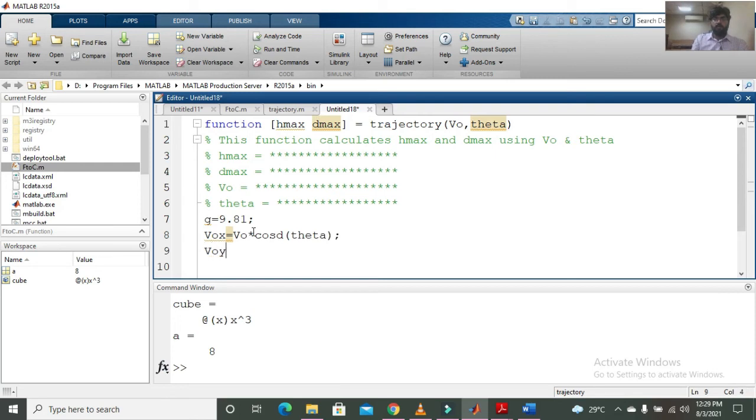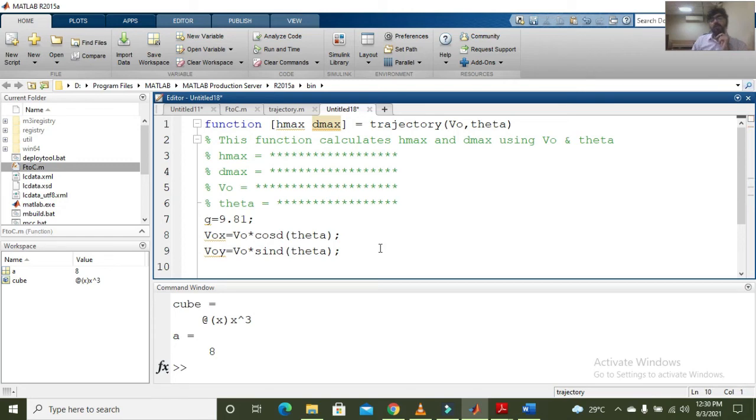Then you will define v naught y, v naught multiplied by sin of theta. Again, you have to remember that theta must be in degrees. This theta and velocity will be defined in a script file. Therefore, we haven't defined them over here. We are just making a function file here.